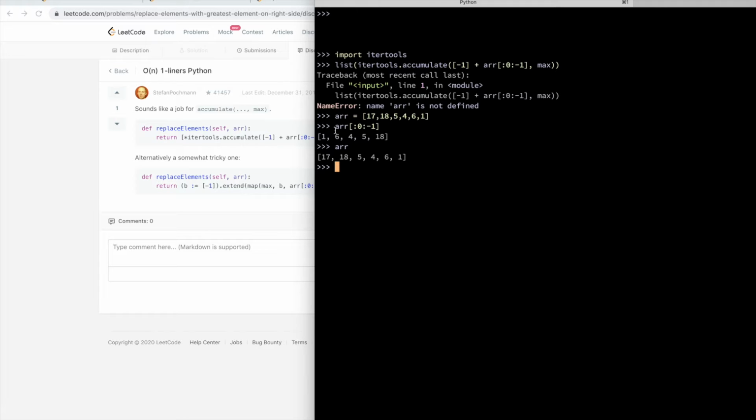one, 6, 4, 5. Where's 17 coming from? Oh, so that's the array. It removes the last element. So all except the last one, right? Okay. And then we do accumulate that using the max, and if I do this and add -1, we'd have it reversed, right? So we have -1 in the beginning,